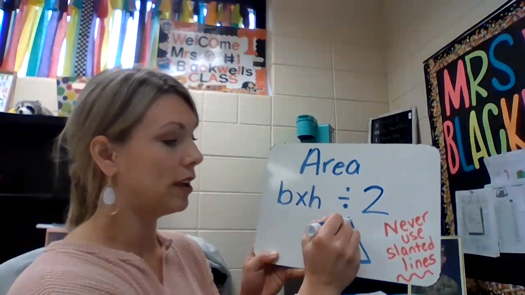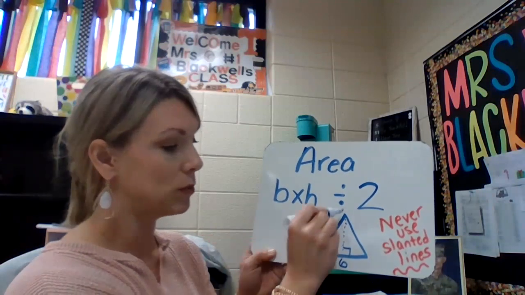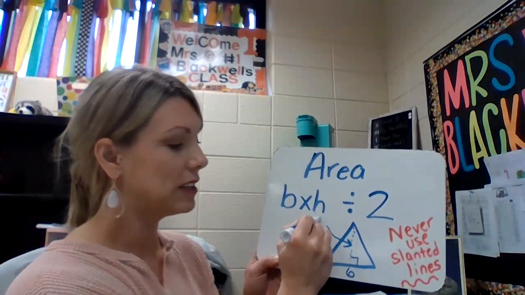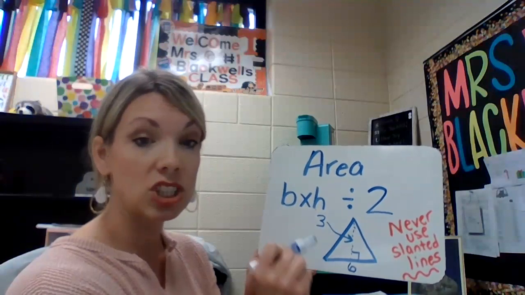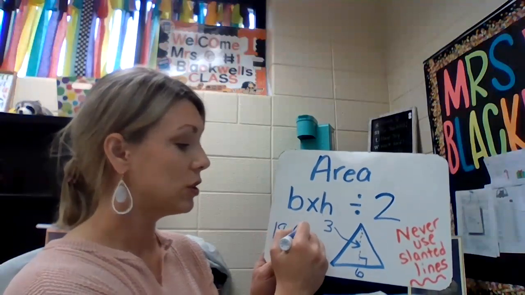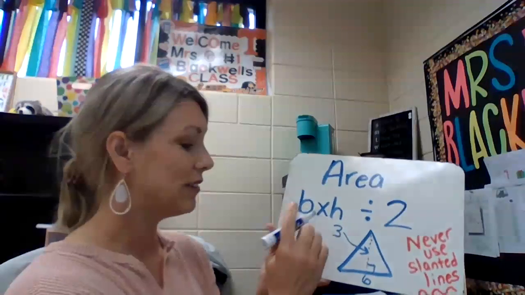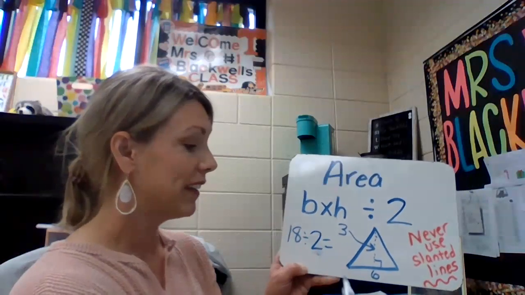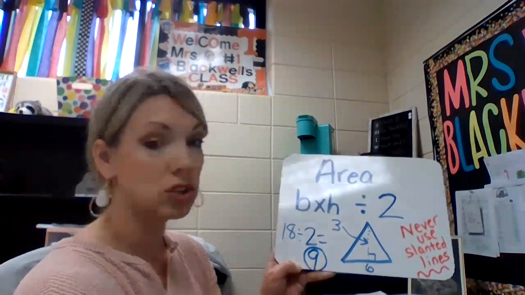So all the way up here, pretend like that's our little 90-degree angle marker. This would be our height, and our height is 3. So base times height for this triangle would be 6 times 3, which is 18. But don't forget it's a triangle, so we have to divide by 2. And if we divide 18 by 2, then that gives us an area of 9 for the triangle,